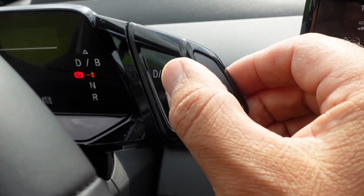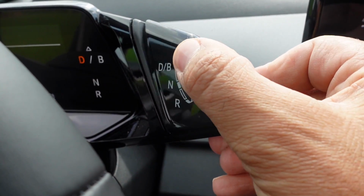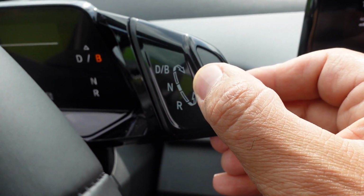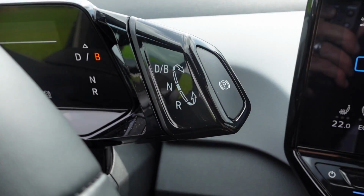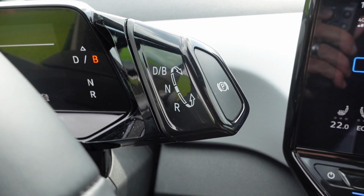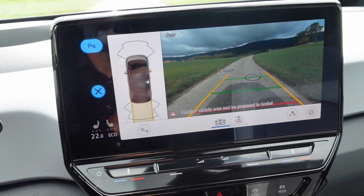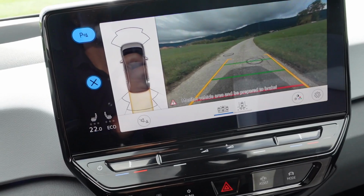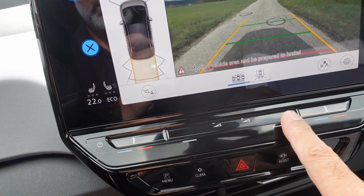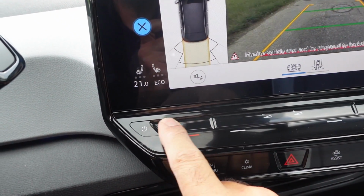To drive the car, you got actually two positions, the drive position and the regen braking position. If you choose this last one, it means that you can drive the ID.3 with one pedal, same as a Tesla or an e-tron, for example. Rear view camera, parking sensors. And this is the touch part where you can select the temperature,